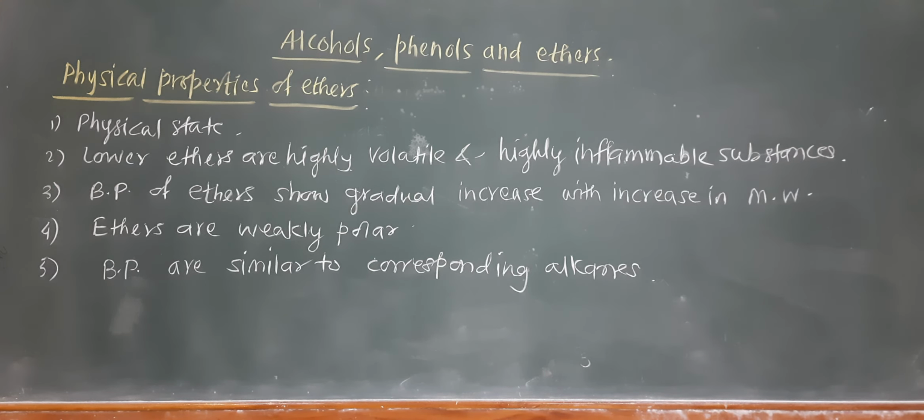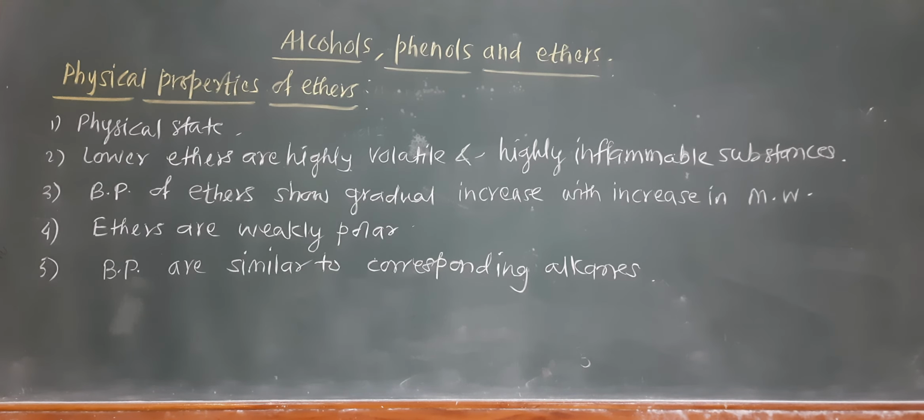Generally we know that the carbon-oxygen bond is considered to be a polar bond, but the dipole moment has been seen to be 1.18. It is due to the bond angle between carbon, oxygen and carbon. Here, as the bond angle is 110 degrees instead of 180 degrees, the molecule is not linear, and hence the dipole moment is seen. So these were some of the properties of the ethers.